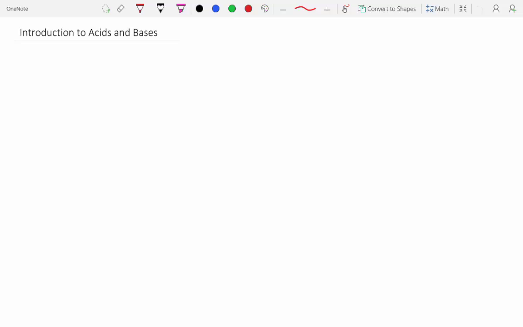All right, chapter 3 is all about acids and bases. I'm sure a lot of you were exposed to acids and bases in Gen Chem, but it may have been a while for others of you. So we're going to review it at a pretty basic level, and then we'll delve into it a little bit deeper. There are two main theories,